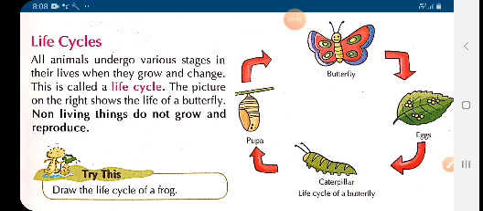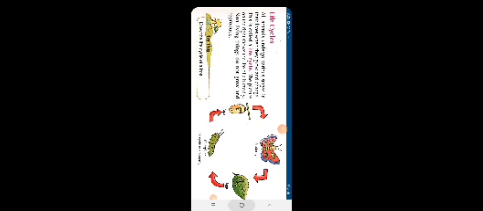So children, here are the different stages of the life cycle of a butterfly. So children, all the animals undergo various stages in their life cycle. Same as the butterfly, first it lays eggs. From the egg,